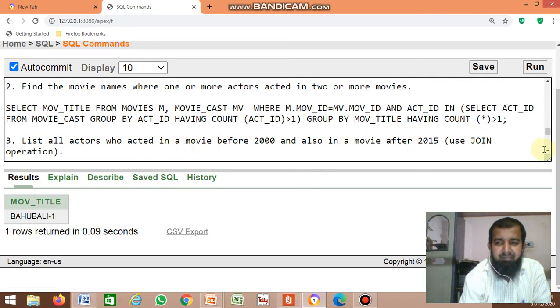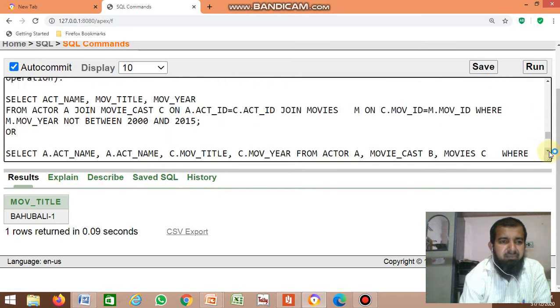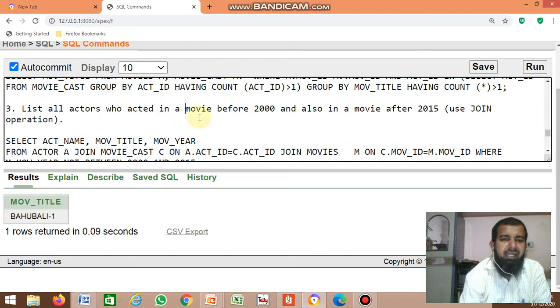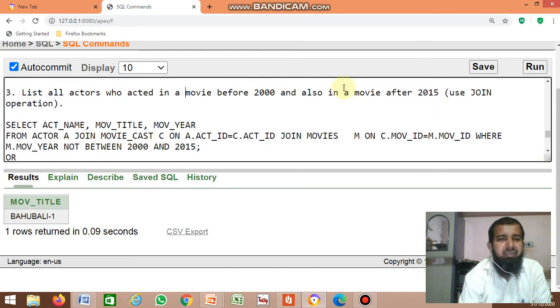Next, third: list all actors who acted in a movie before 2000 and also in a movie after 2015. You have to use a join operation. You have to list all the actors who acted in a movie released before 2000 and also in a movie after 2015.